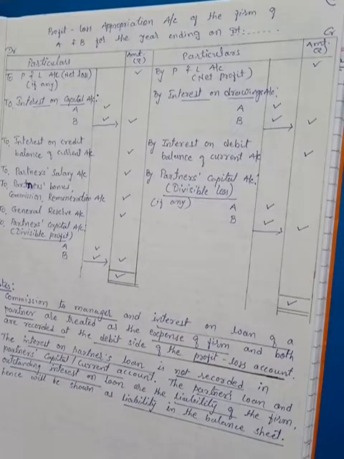Individually I have taught you how it can be prepared, but practically when you prepare the accounts of a partnership firm, all these accounts should be prepared simultaneously. Like profit and loss account we have to prepare, then we have to prepare partners' capital and current account, and the effects of profit and loss account, appropriation account and capital or current account should be given simultaneously. And you all know that as we are using the double entry system, there will always be two effects of each and every transaction, so you have to mention that.